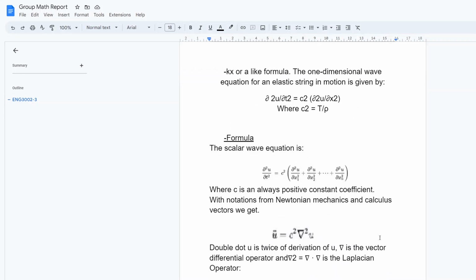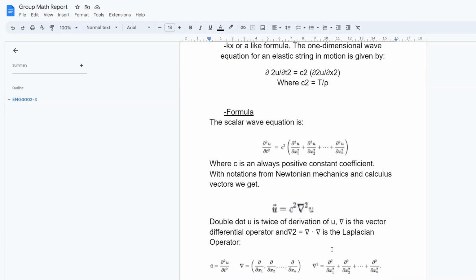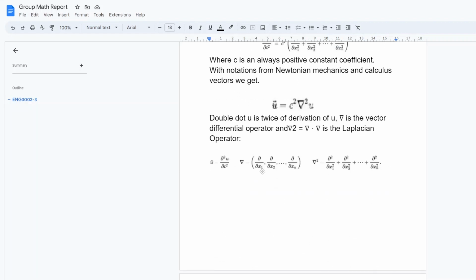It's always positive, and here we have double dot u as a simplified version, and from the top to the bottom here we have del double dot u and